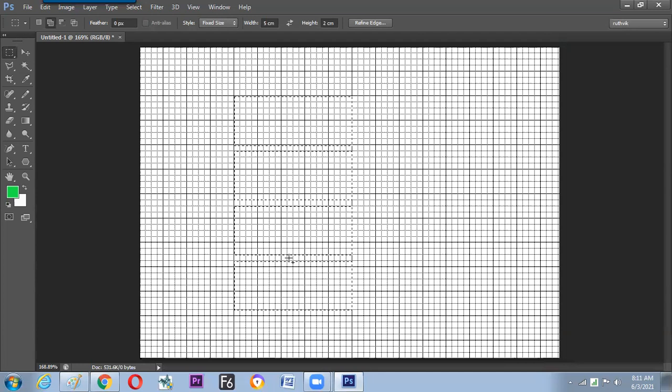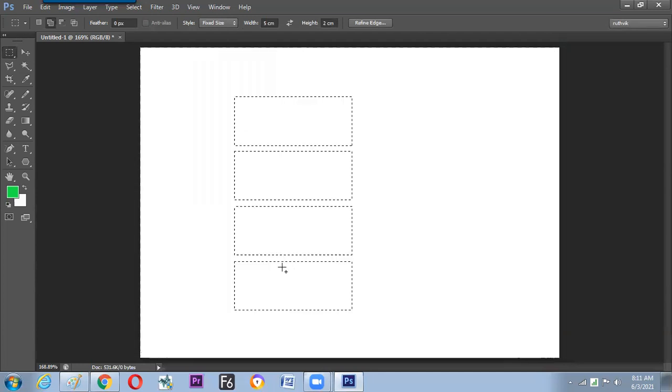Now press the same Control and semicolon button. So hope we have understood the use of the grid, snapping, fixed size and subdivision of the grid. Is it clear now?